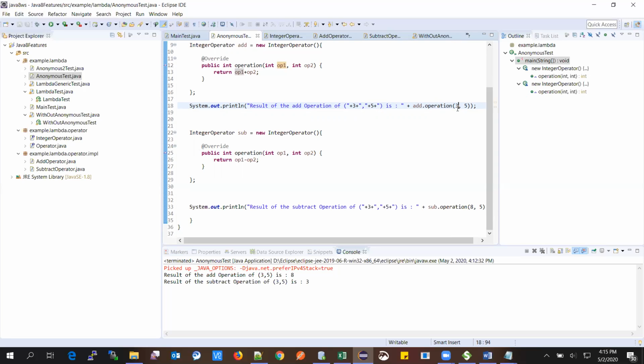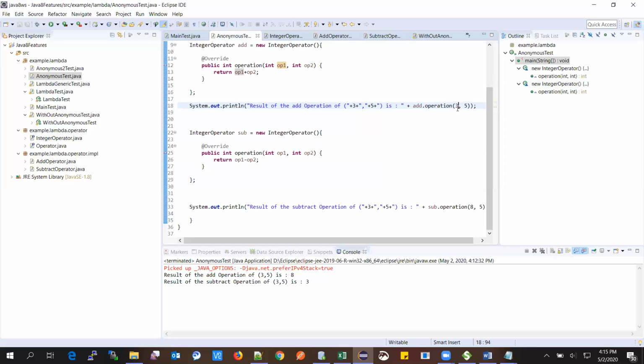This function can be created without belonging to any class. So we need not create any class; we just simply pass a piece of code as an argument, and that will internally take care of everything.